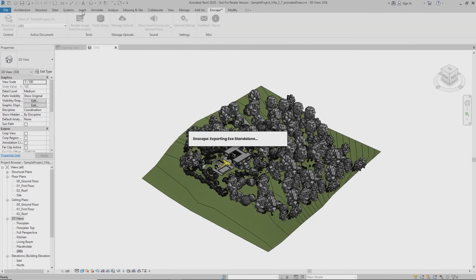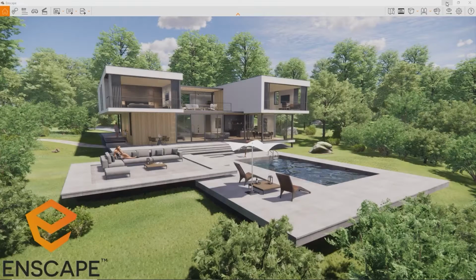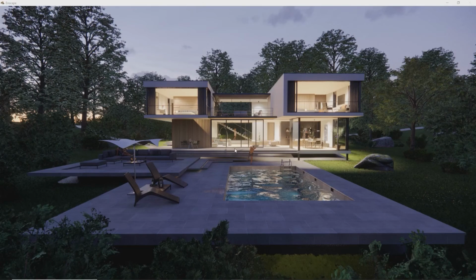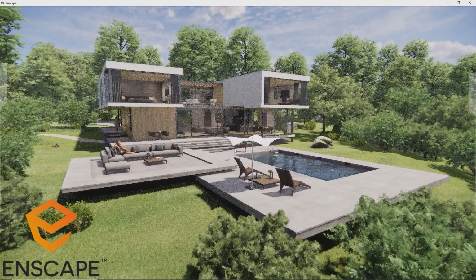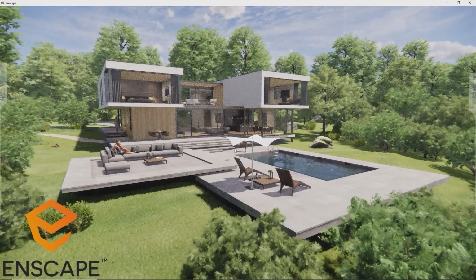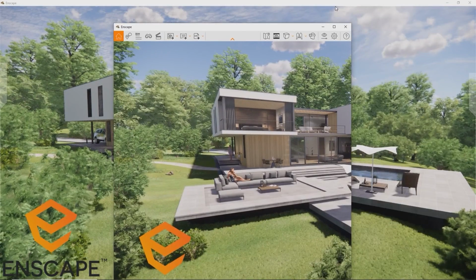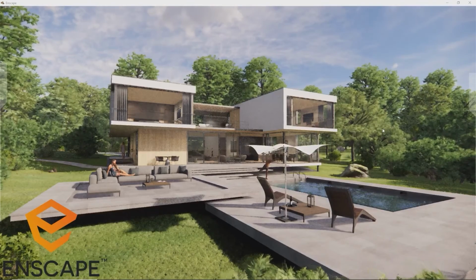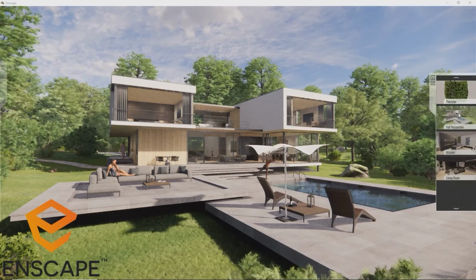Enscape will create one single file in the chosen directory, containing the Enscape engine and your project. Let's double-click it to open. See? An exact copy of the Enscape window, just entirely independent. You can still select any views you might have filed as favorites,